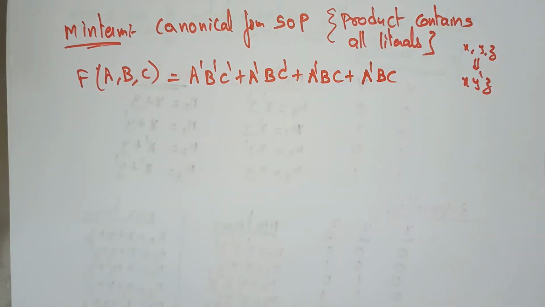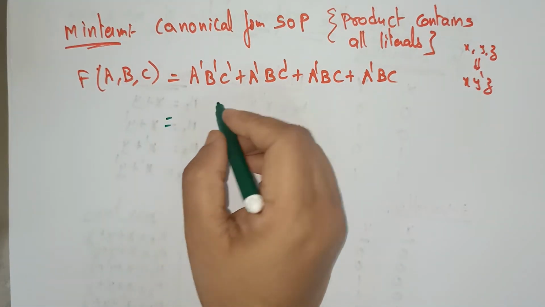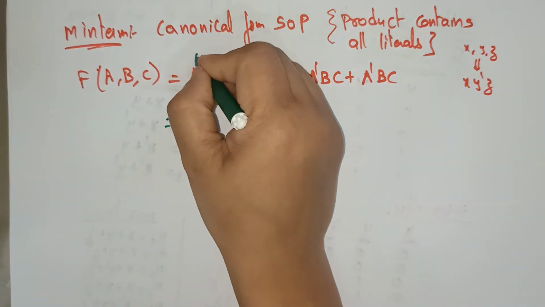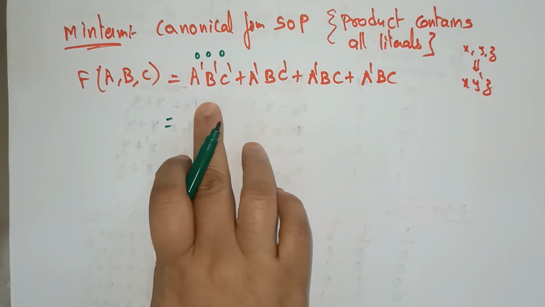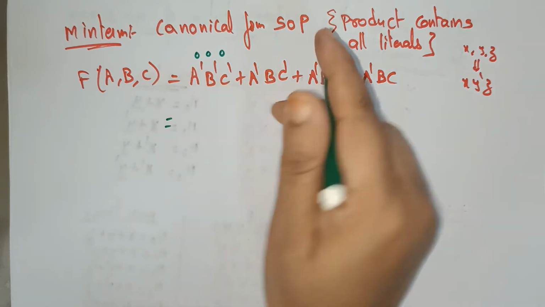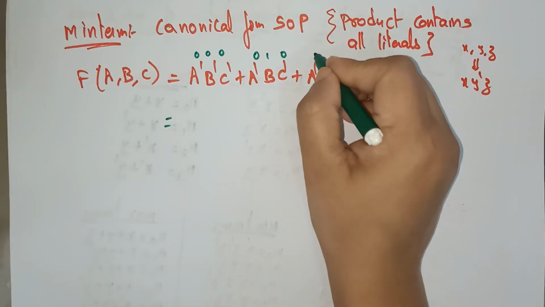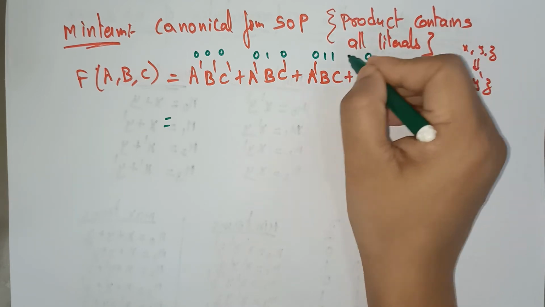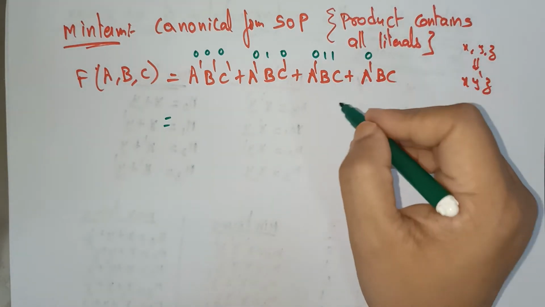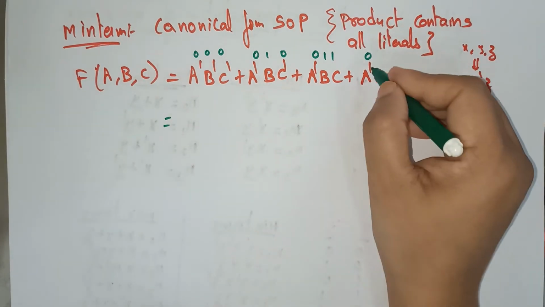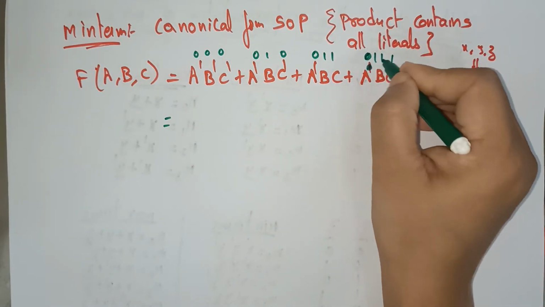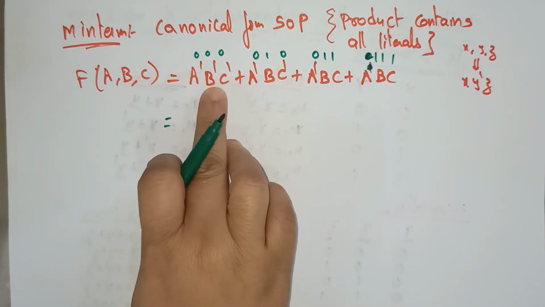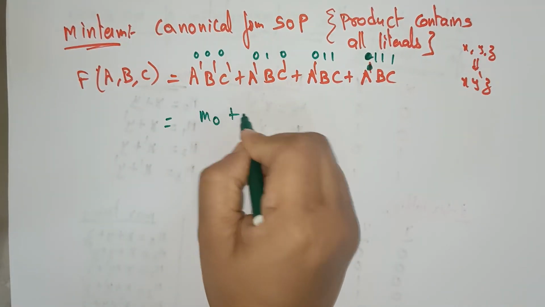So this is an expression given, a Boolean function. We have to represent this in the form of min terms. So what are the min terms for a dash, b dash, c dash? It is nothing but 0, 0, 0. If you're getting confused, just write here 0, 0, 0, 0, 0, 1, 0, 1, 1 and so on. Let me take a, b, c as 1, 1, 1. Okay. So all zeros means nothing but m0, we know that.